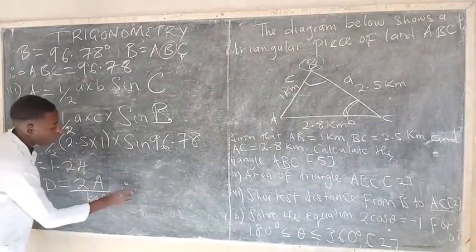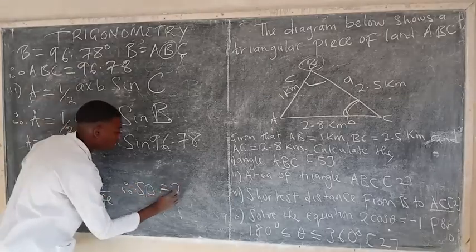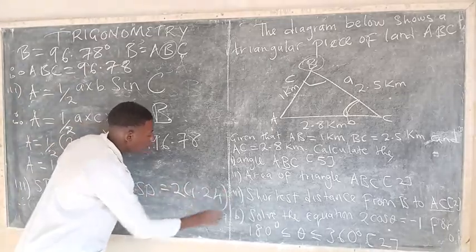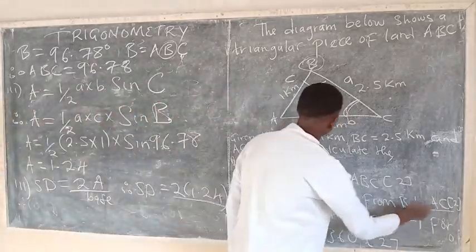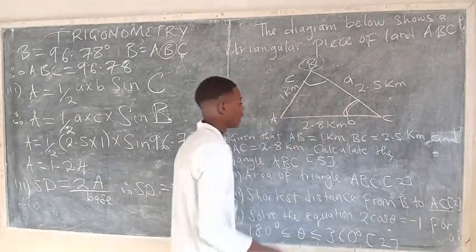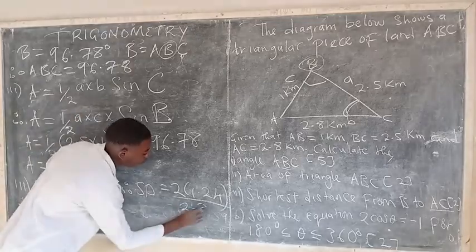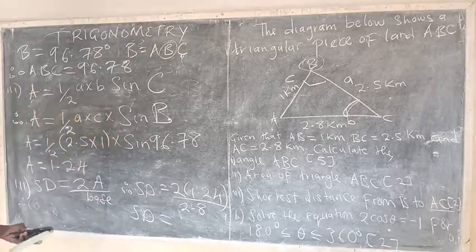So our SD should be equal to 2 by the area, which is 1.24, over the base. Looking at AC, they have told us AC, which is this. So our AC is equal to 2.8. So over 2.8, our SD should be equal to